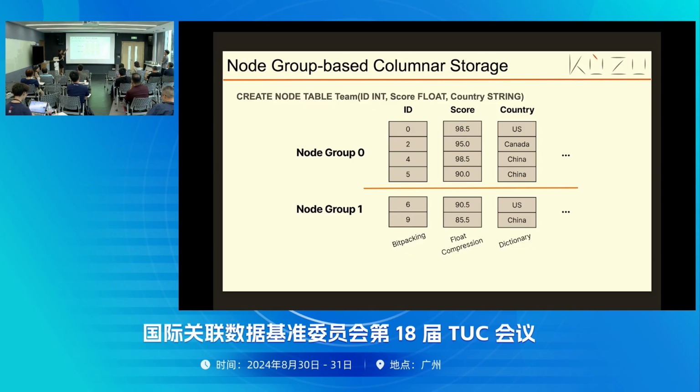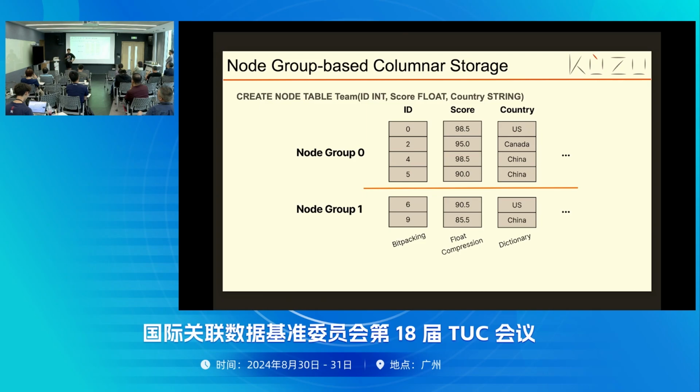One example is I have this team table. In many of the queries, you might not be interested in the entire data of your team table. Sometimes I just want to run an average over score, which means only score is relevant to me. In which case, by using a columnar-oriented storage, you can do projection pushdown, directly skip your ID column, your country column, and only scan the score column.